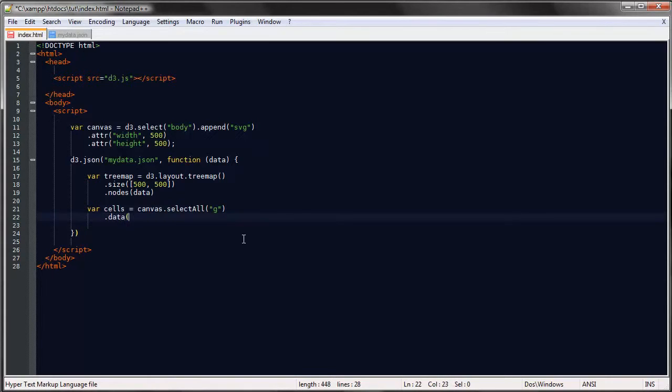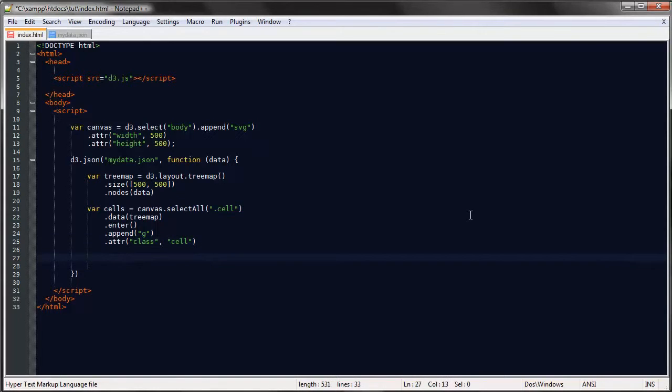So the data would then come from the Treemap variable, and then enter and append G, or actually we can do it like that. So we have a class for each G element. So attribute class would be cell. Okay, and now we can append our rectangles to these G elements,